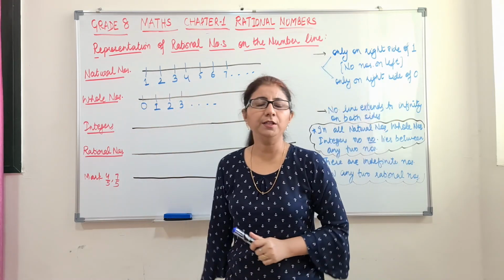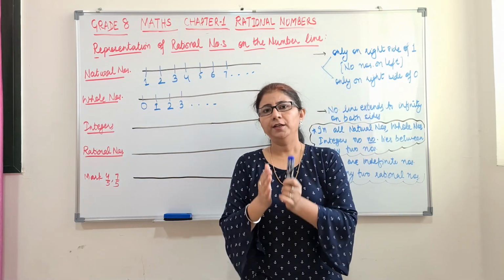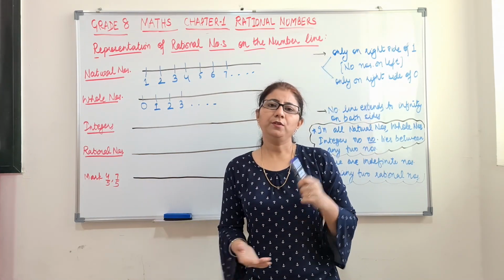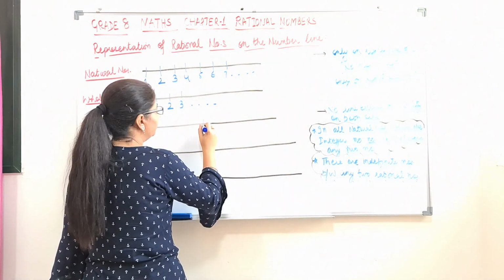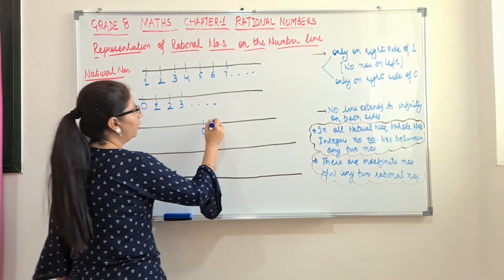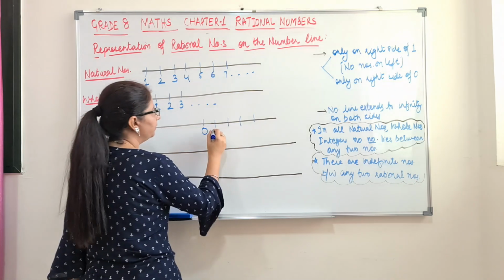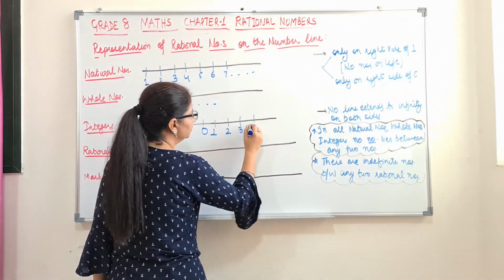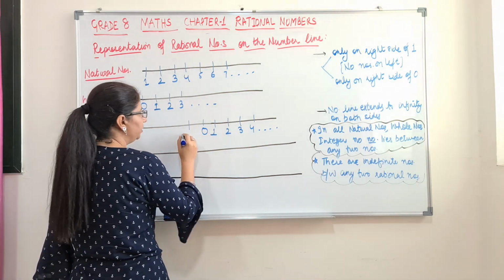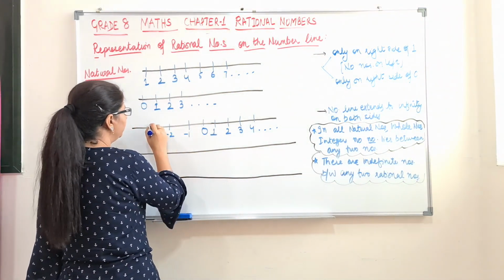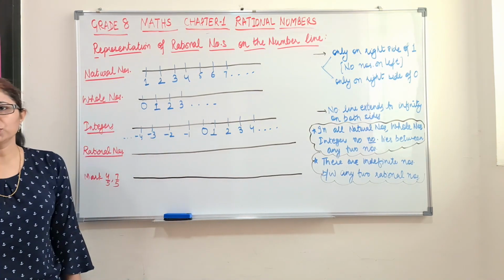So now let's check with integers. What are integers? I told you before also, in the middle here it is 0. On one side positive numbers, one side negative numbers. So we will mark 0 somewhere in the middle. On the positive side or on the right hand side, all positive numbers are there. 1, 2, 3, 4 till infinity. And on the left of 0, we will have -1, -2, -3, -4 and so on.